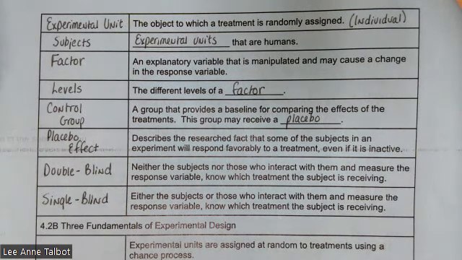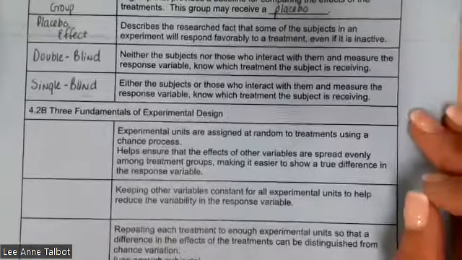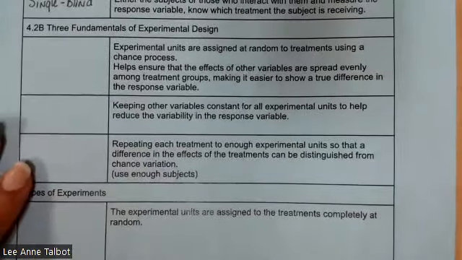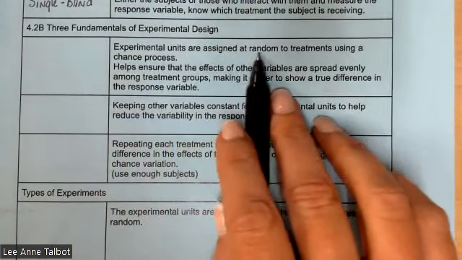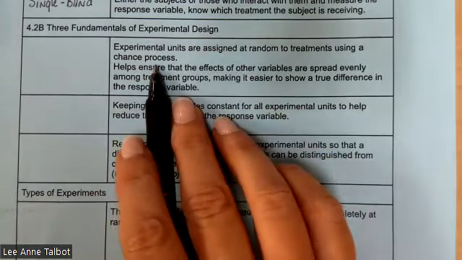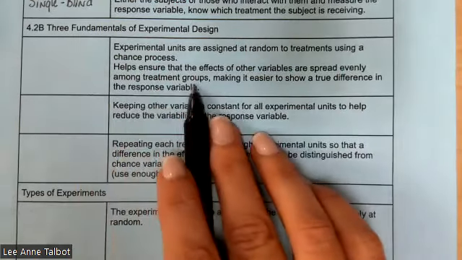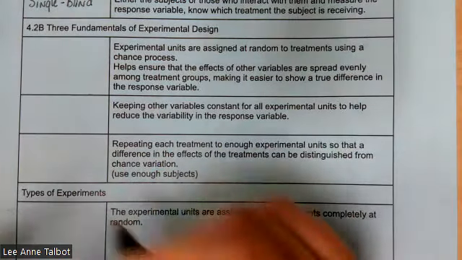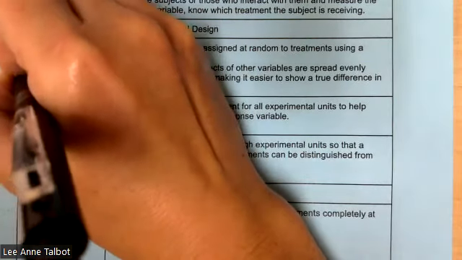Okay. That was all of 4.2a, by the way. Okay, 4.2b. Three fundamentals of experimental design. Experimental units are assigned at random to treatments using a chance process. It helps ensure that the effects of other variables are spread evenly among treatment groups, making it easier to show a true difference in the response variable. This is called random assignment,